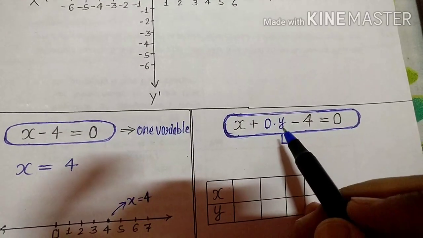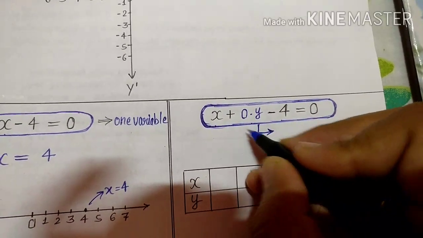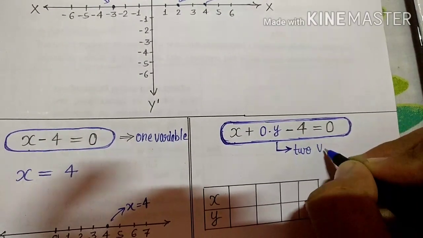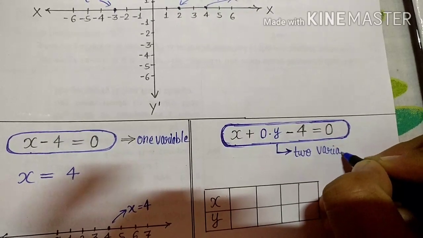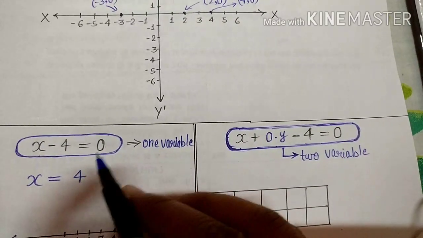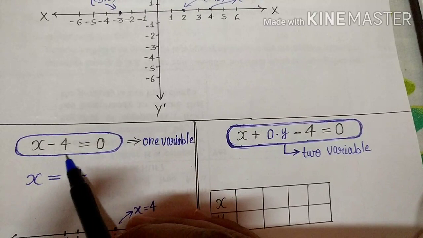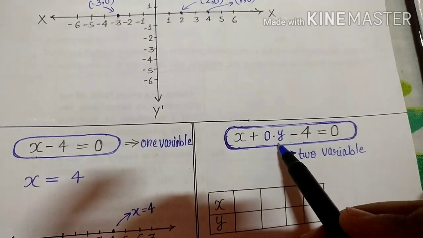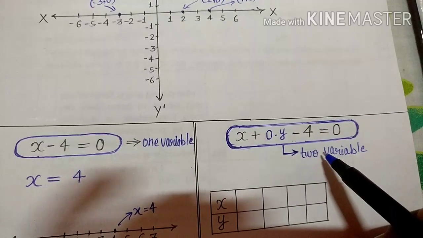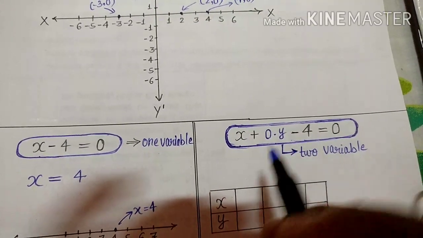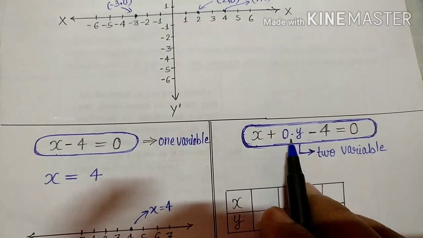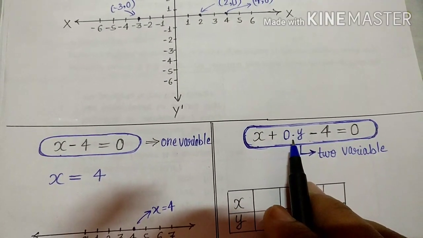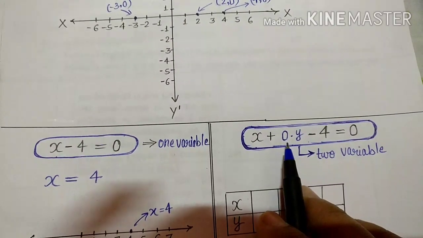But as we have shown y here, now we can say that this equation becomes an equation in two variables. We have represented this same equation in two variables. See, now x minus 4 equal to 0, it is also x minus 4 equal to 0. Just we have shown y also here, so it becomes a linear equation in two variables. Just pay attention: 0 into y. It is not a decimal, it is multiplication. 0 multiplied by y becomes 0 only.